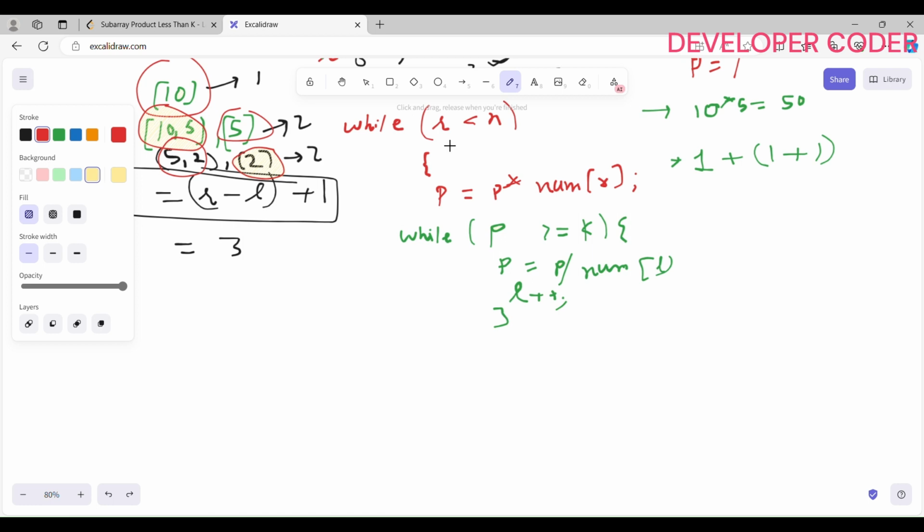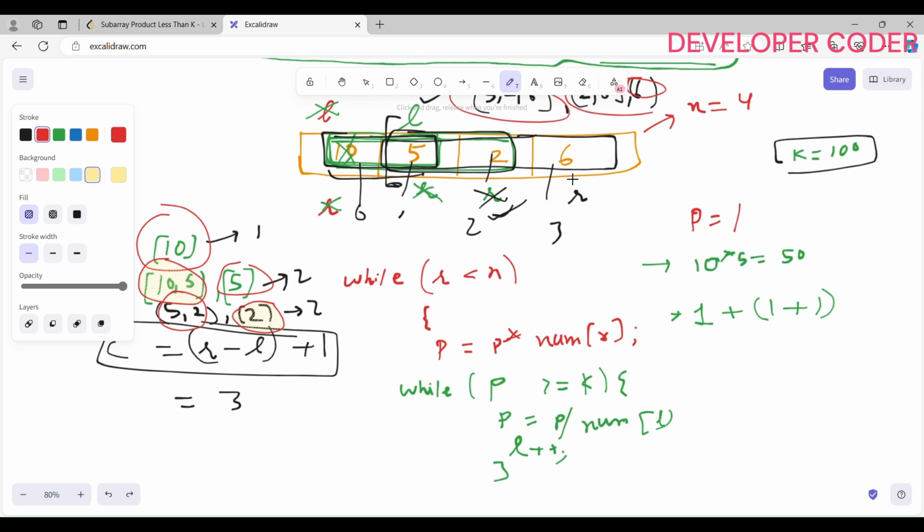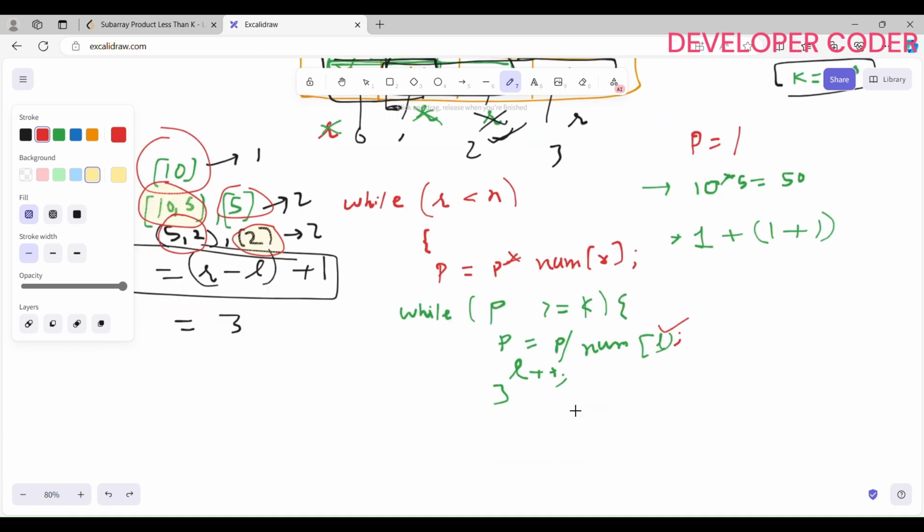While my right is less than the total number of elements in this nums array, product is going to be product times nums[r]. If my product is greater than k, then in that case I have to shrink the window from my left side and increment it. This is a while loop inside that if my product becomes greater than k. But after that I have to perform